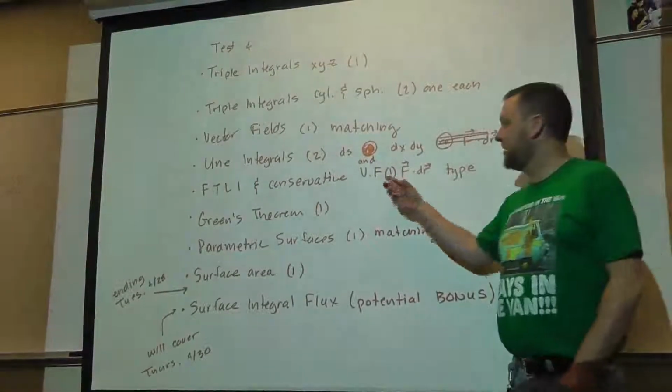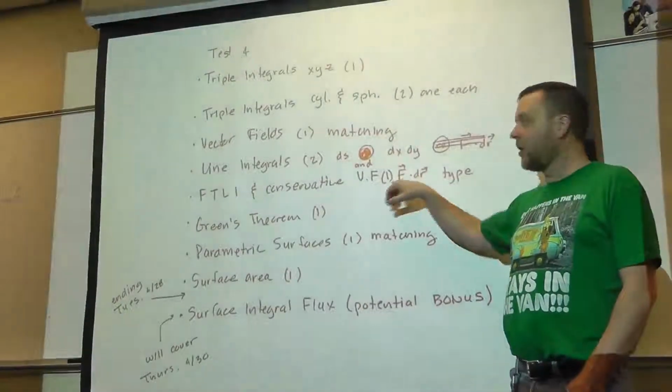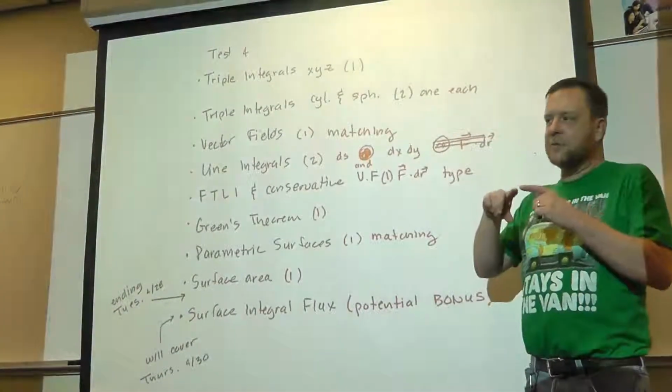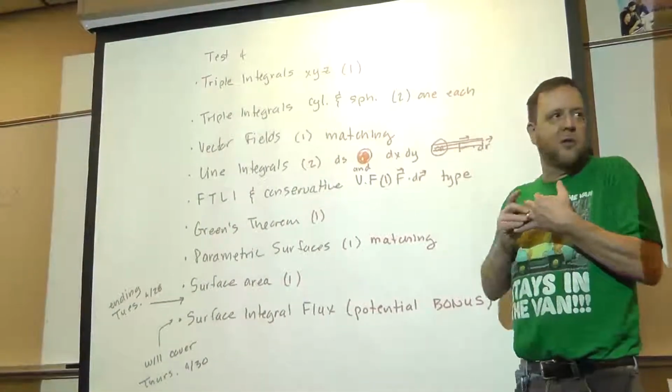And so one problem involving that, and those are almost always F dot dr line integrals, so that's how F dot dr could show up on your test 4. One Green's theorem problem. Green's theorem is where you're evaluating a line integral over a closed loop. But what does Green's theorem turn the line integral into?